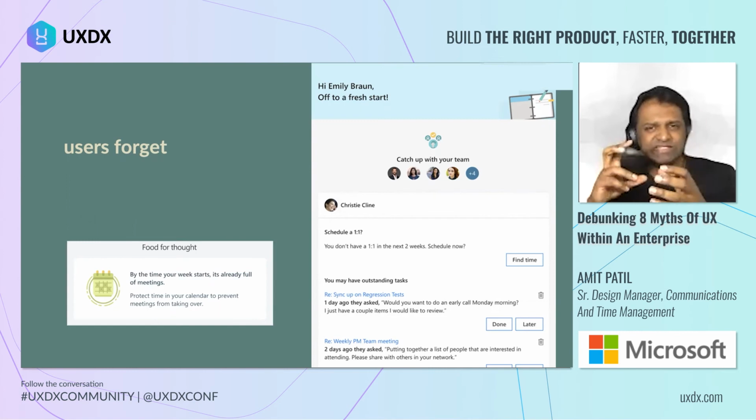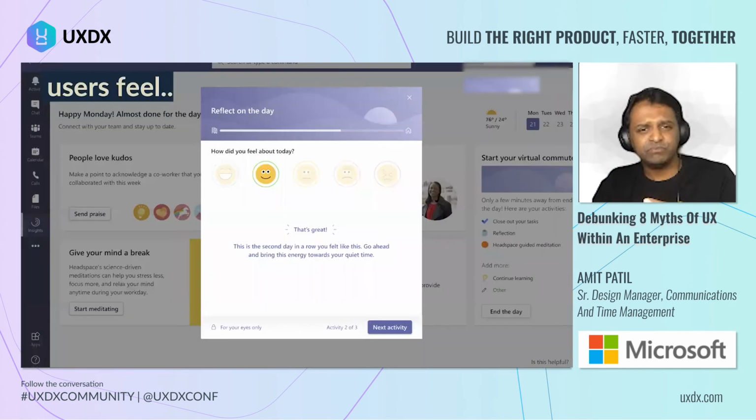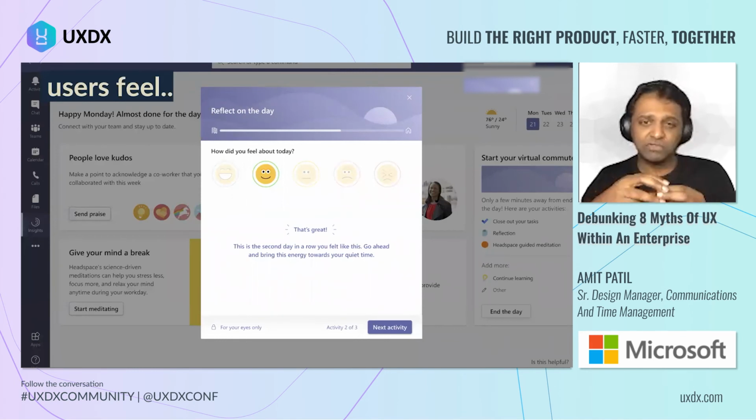This is touching the finer details of the experience, trying to make sure that we not just look at the things that users want to do and close their tasks, but look at the softer aspects of the enterprise world as such. Users feel, we all feel, don't we? And we are making experiences not for robots, but actually for human beings.